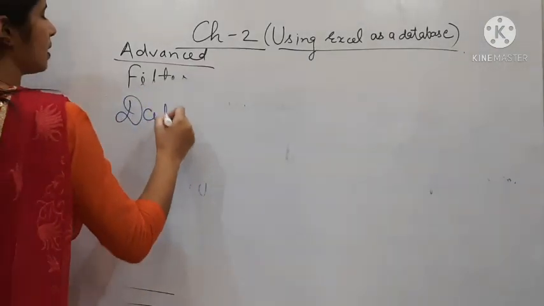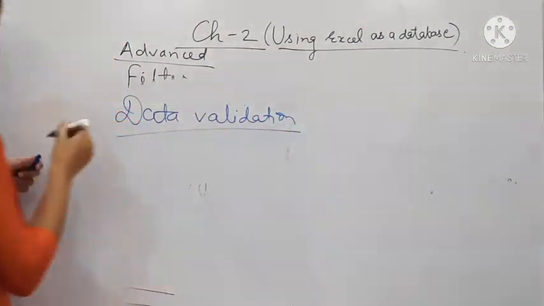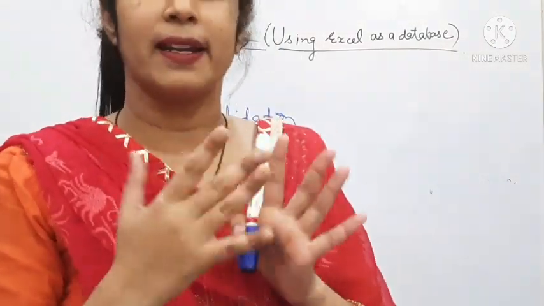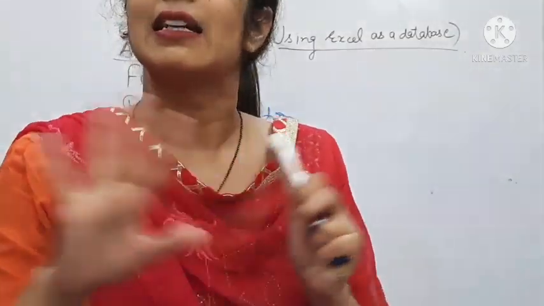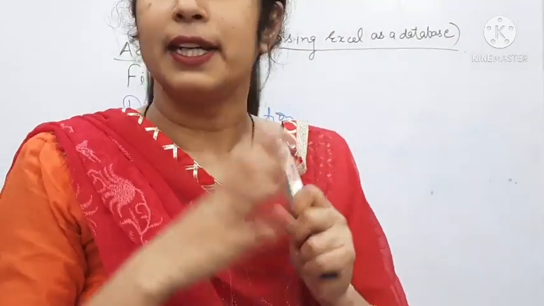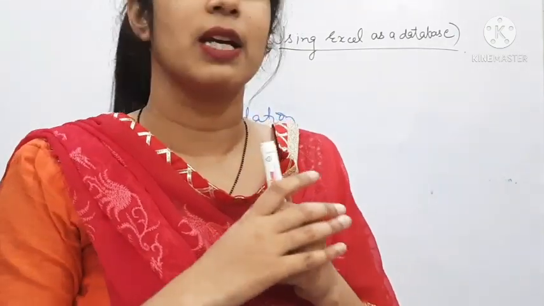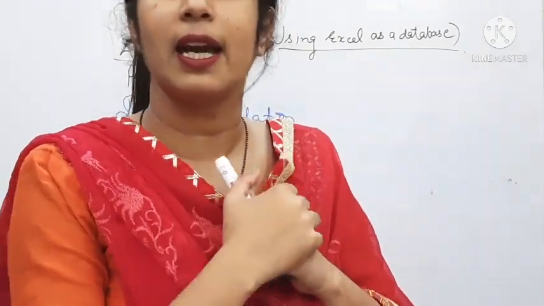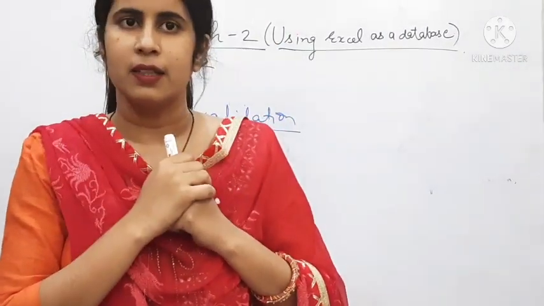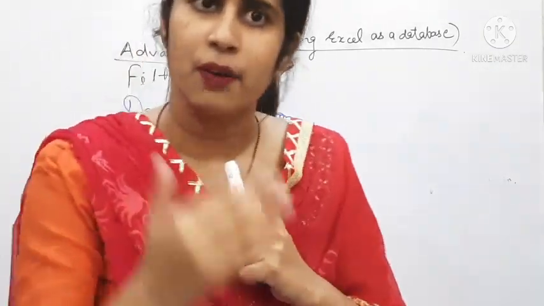The next topic is known as data validation. What is data validation? Data validation is a way to restrict users from entering any value that doesn't meet the specified criteria. If it is not meeting the criteria, it is invalid. If I said my criteria is to enter values from 1 to 50, the value should be 1 to 50 only. If someone adds 51, it is invalid. So it will not take it. It will show us an error. Such kind of data validation we can apply on any field.